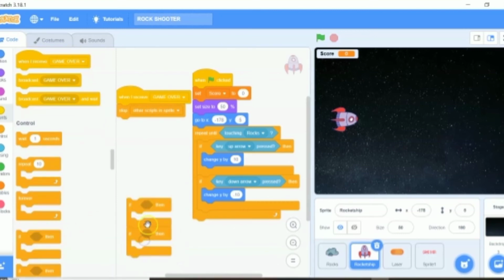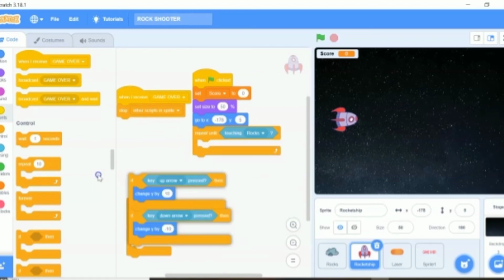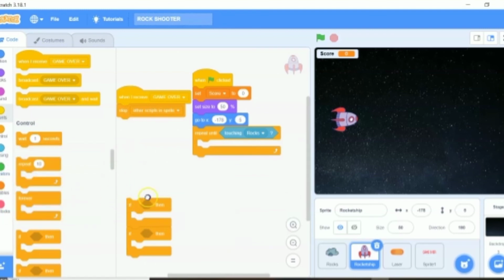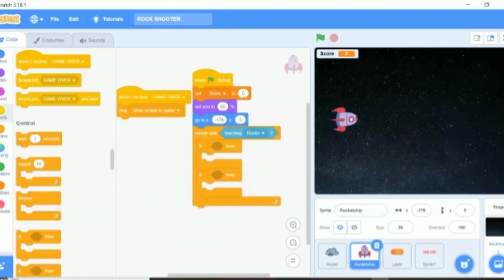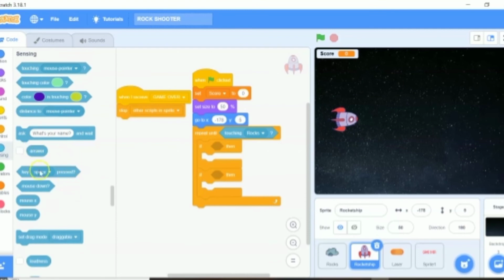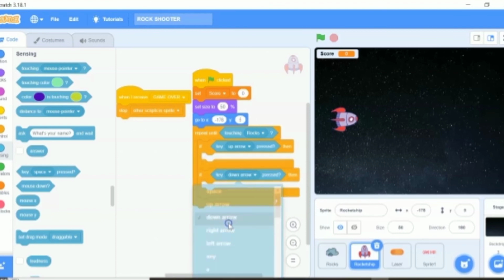Put them both like this and put it in the repeat until. Put both of the ifs, and then in sensing put if key space pressed 2 times in both of the ifs. Put here up arrow, here down arrow, and then in motion